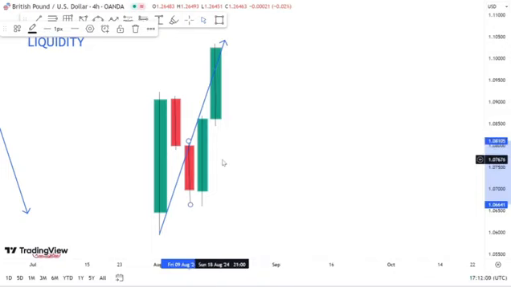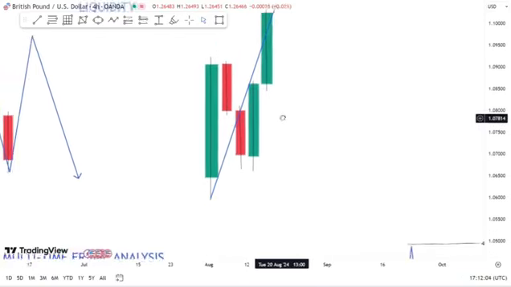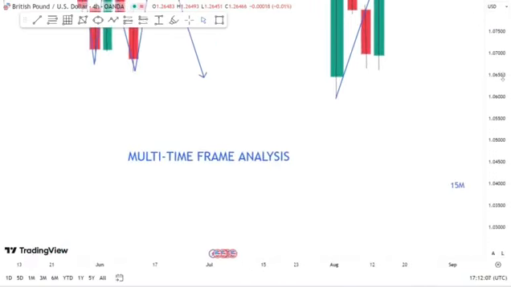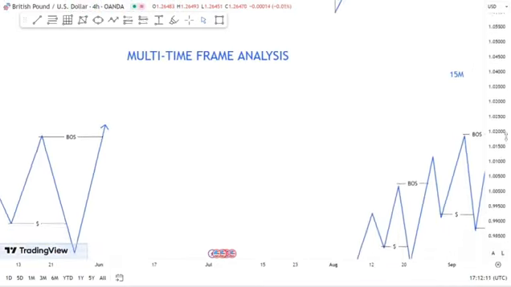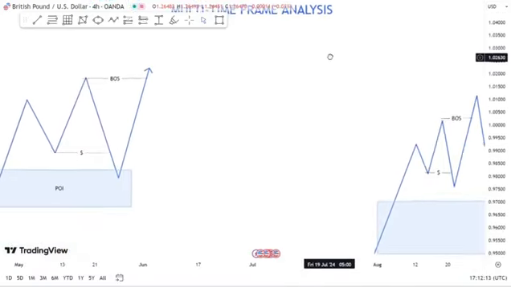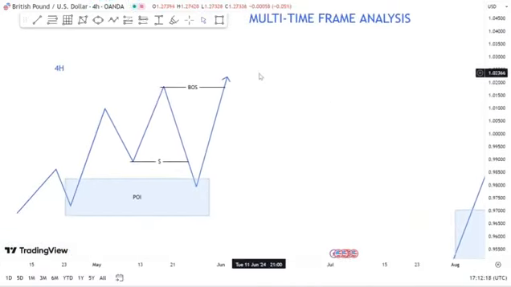I'd also like you to practice, because if I show you and you don't practice, then it's not really going to work out. Now, the last and most important thing you want to know as a beginner is multi-time frame analysis. Now, this is going to be a little bit more technical, and you're not going to get it all at once the first time. I promise you, I didn't get it all at once the first time either,